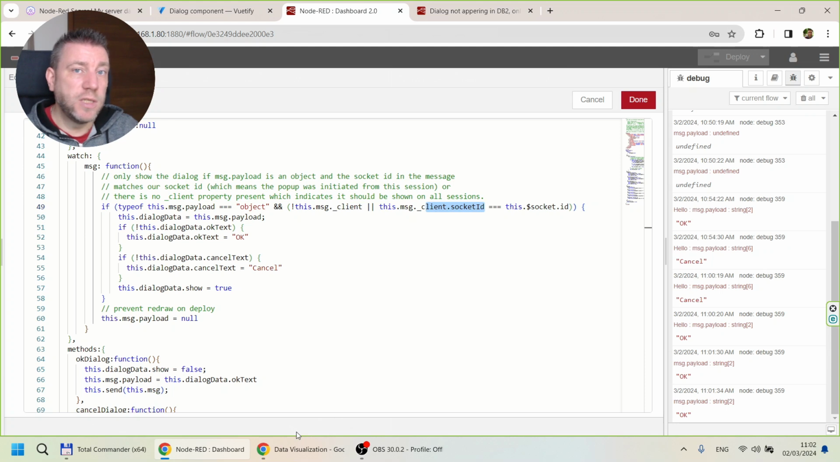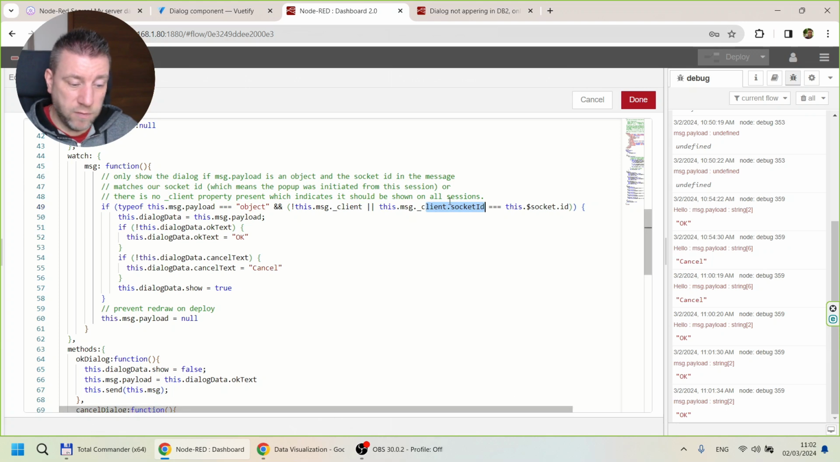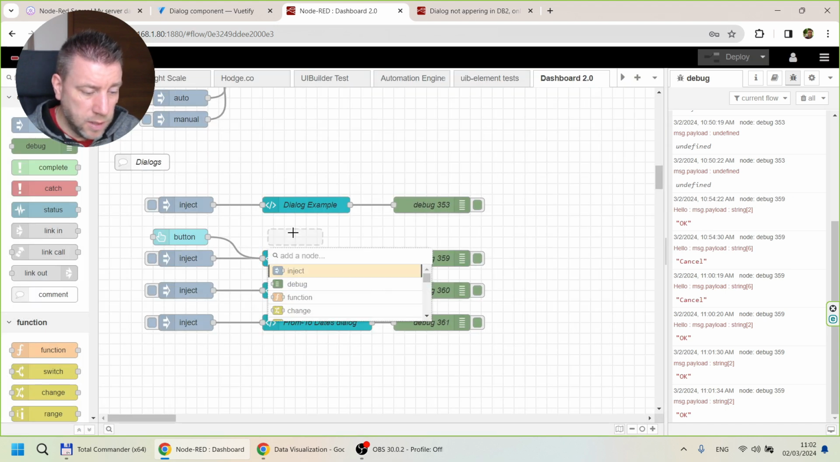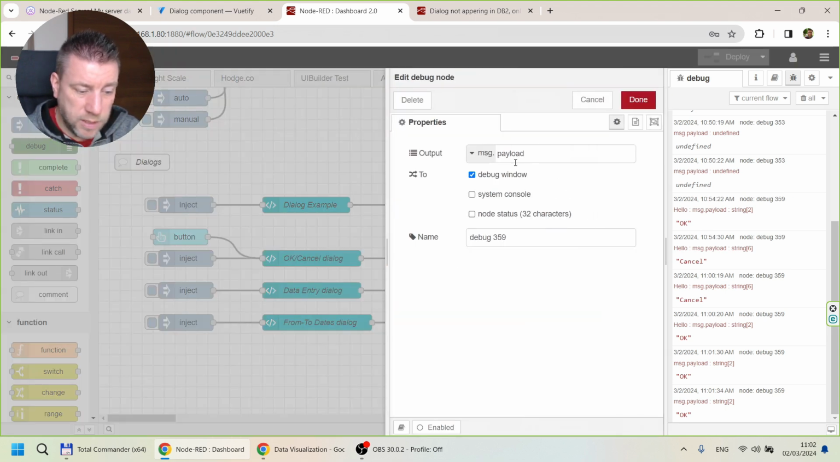So if you want to use this functionality, you have to be sure that your process originates from a message where all this information, so the msg._client, is maintained. So you can easily do that by creating. So if I use this,